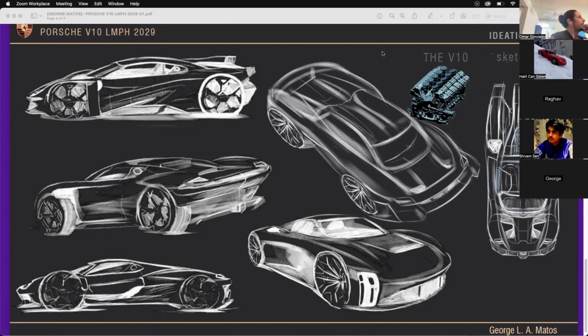And after that, the top view, I just sketched from a Carrera GT package from the top view. And I tried to integrate the V10 in the design as an element, showing the engine bay like a gem, and that's it. You can see in the top view that I use a lot of